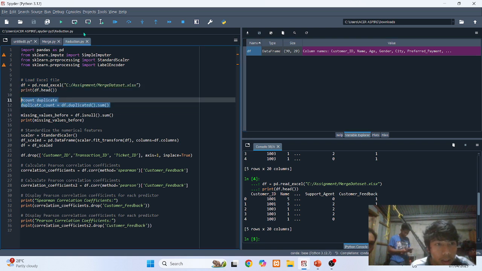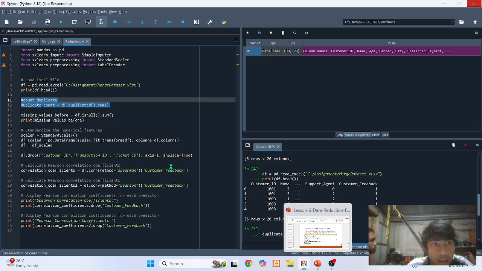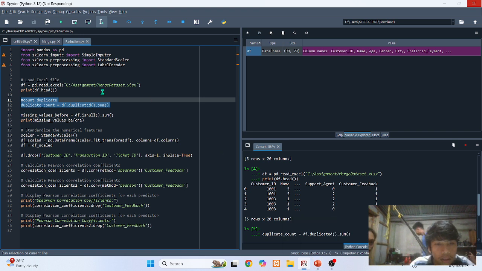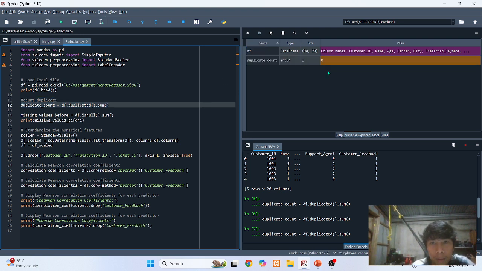Count the duplicates. Need to run this code. Spyder Python not responding. So the duplicate count says that there are no duplicates